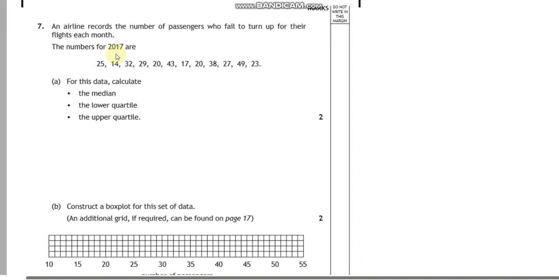Okay, so we've got the number of passengers who fail to turn up for the flights each month. And actually, I read a very interesting piece recently that airline companies tend to overbook planes for this very reason. So if there's 100 tickets available on a plane, they will sell 105 because they know statistically 5 people won't